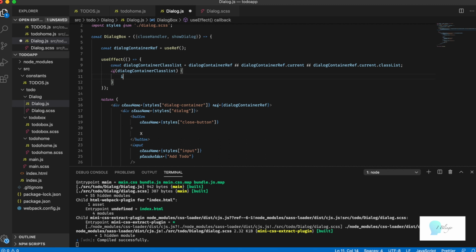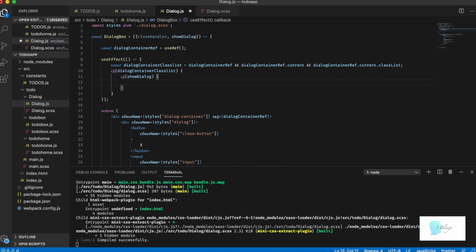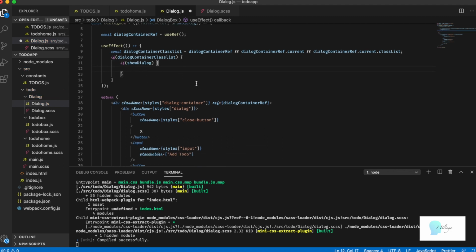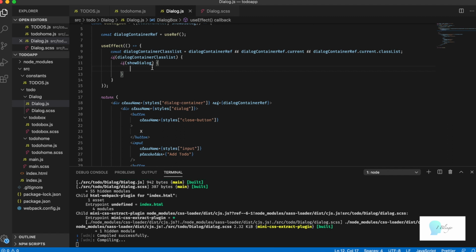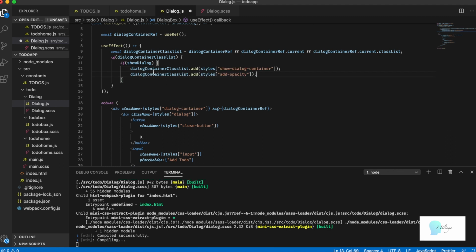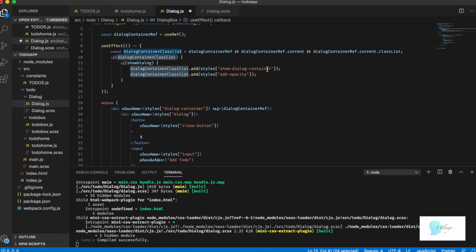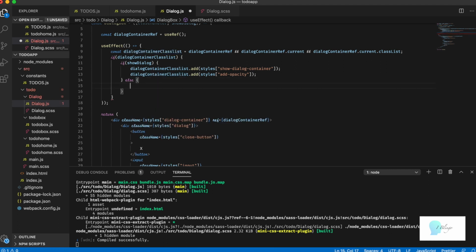we will have two cases. If showDialog is true, then we will add a style inside this dialog container, which will show the dialog box, or else it will set display as none. So here we will have this dialogContainer classList add and styles. We're going to be adding showDialogContainer and a styled addOpacity. In a while we're going to be writing this function, or else